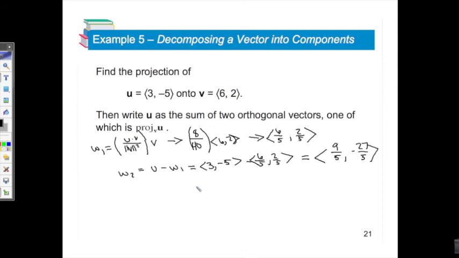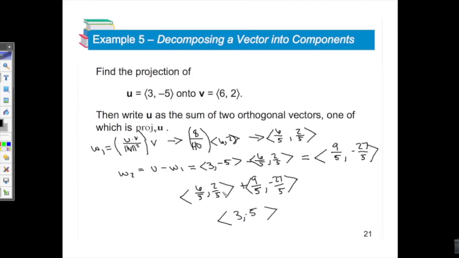So here I have my two vectors, 6 over 5, 2 over 5 as one of them. That's my projection of u onto v. And then I also have my 9 over 5 and my negative 27 over 5, which is my second orthogonal vector. These two are orthogonal to each other, and when I add them together, their resultant should be u,